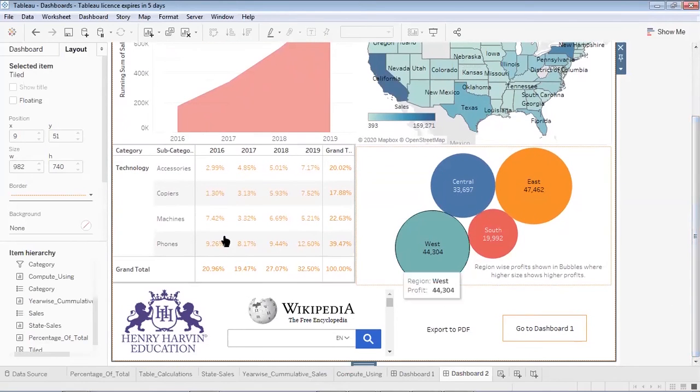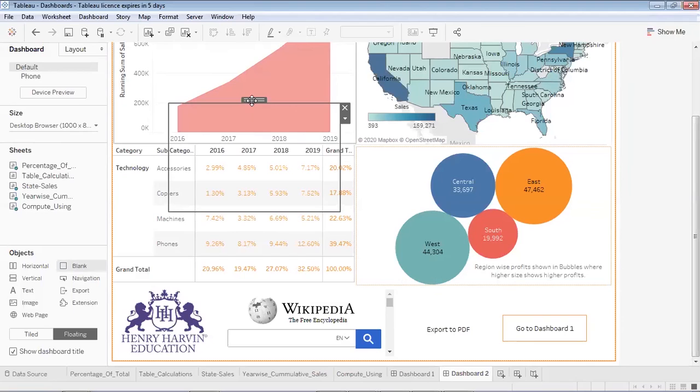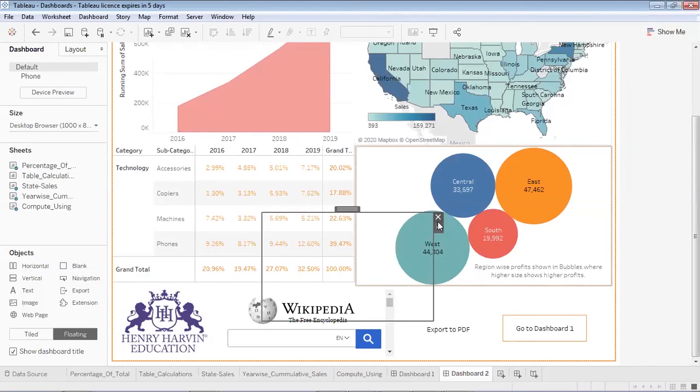So this way we can add text into our dashboard for better explaining any particular visualization if we want. Next, we'll see how to use blank, and then we'll see vertical and horizontal objects, and then the extensions. So basically this blank part is used to add a particular section if we want to color on the dashboard, or if we would like to add a blanket of color on a particular section of the dashboard, we can do that. You'll understand it better. I'll double click on the blank over here. So this is nothing but an empty frame, but I can color it if I want.